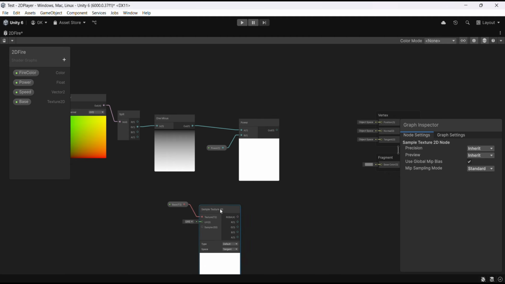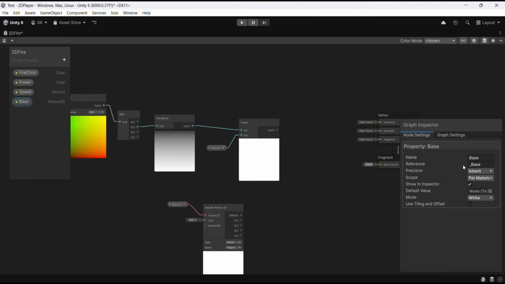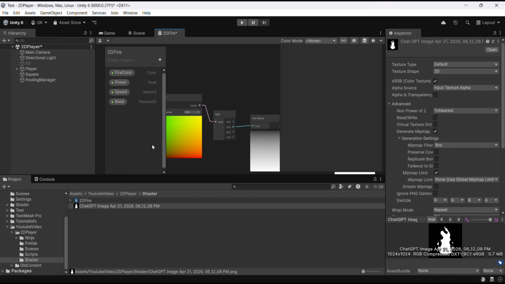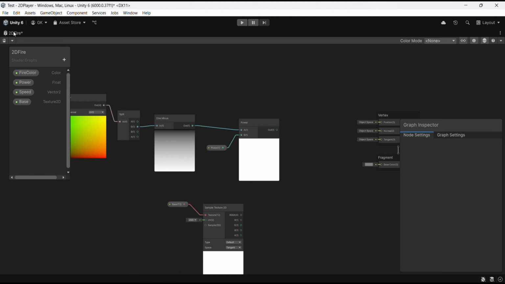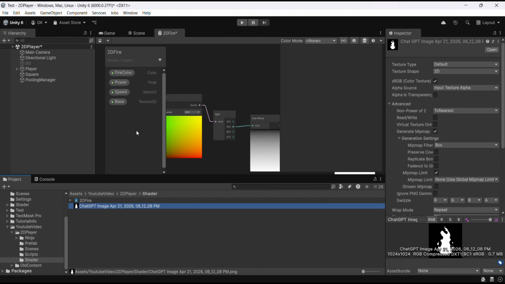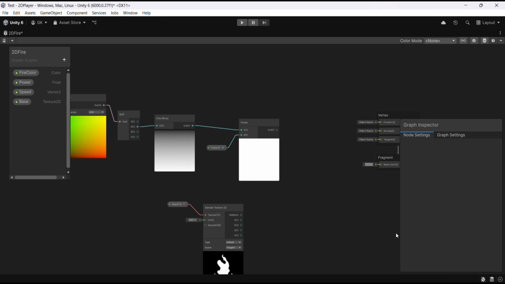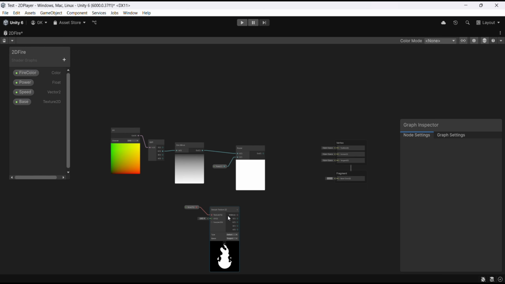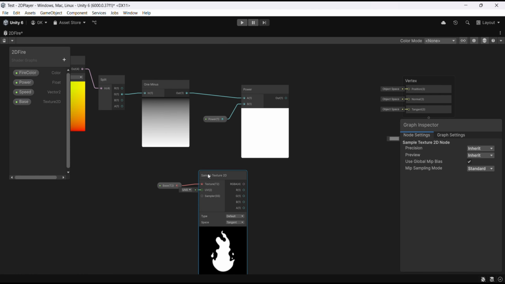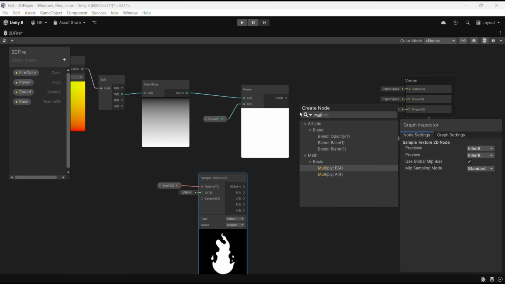Sample Texture 2D. Okay, here I forgot to add the texture. I have a 2D texture here. I just created it with ChatGPT. If you want to create your own fire, you can use that. So the fire will look like this, and we are going to multiply with the texture. I am going to take the R,